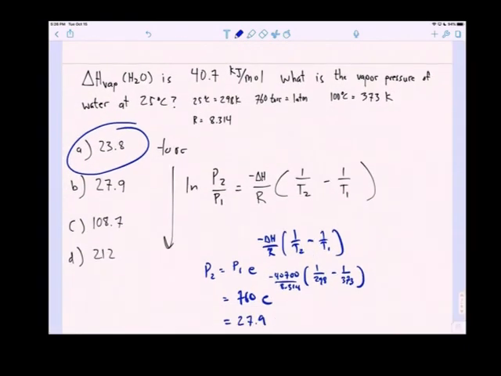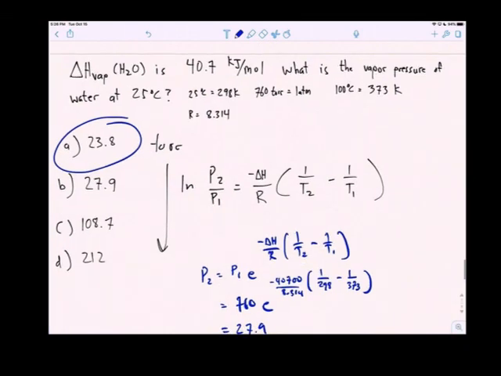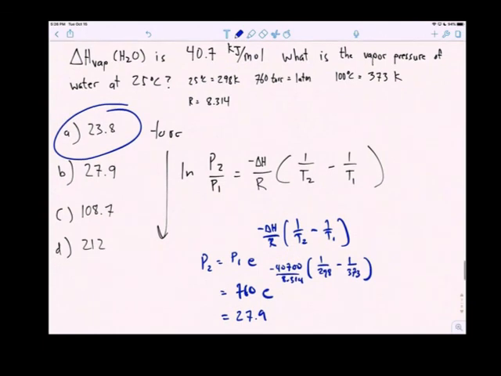Okay, and I want you to try this for yourself, and pause it and try it out. Well, I guess I've already given you the answer. The answer, using the model, is 27.9. The real answer, so if you actually measure the vapor pressure of water at 25 degrees Celsius,